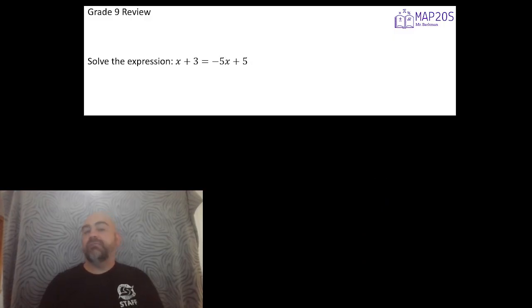Let's solve this one. We have variables on both sides of the equation, so we're going to have to move one of them over in order to solve for the answer. Pause, find the answer, and then come back when you're ready. All right, let's try to solve this one here. Now, what I'm going to do to start is I'm going to move an x value from one side to the other. To do that, we have to